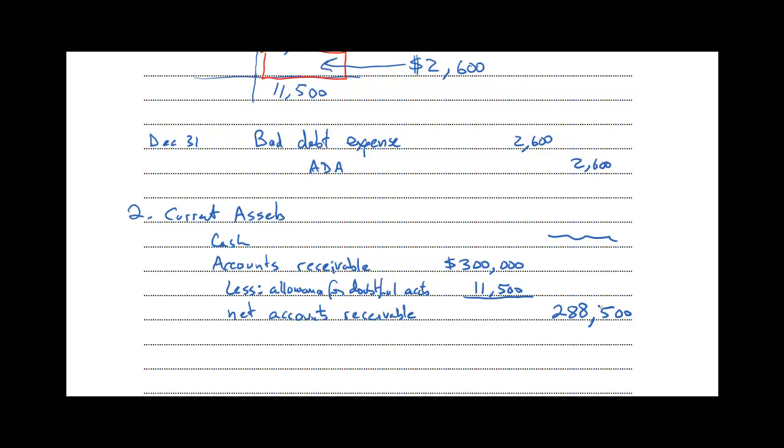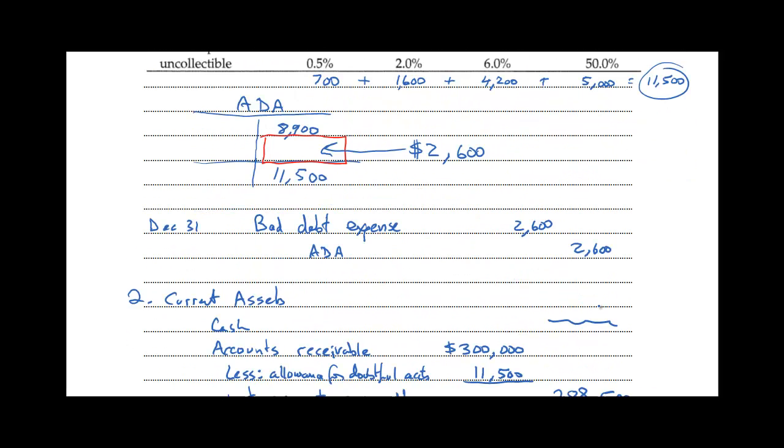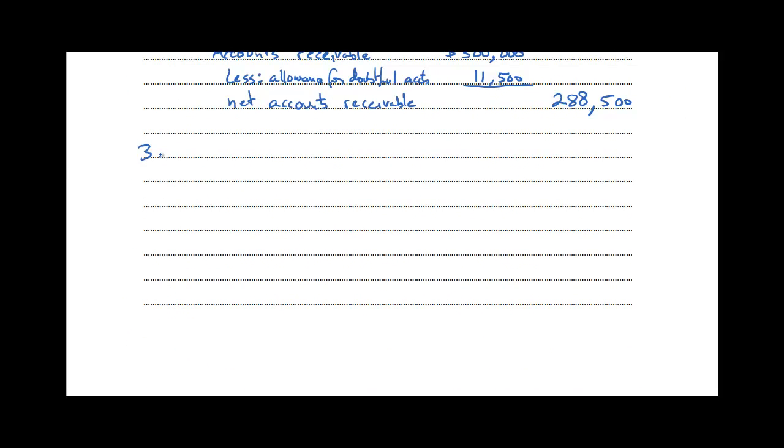Requirement number 3: suppose all the facts of the situation are the same except the allowance for doubtful accounts has a $900 debit balance. Calculate the amount of the adjusting entry. Okay, well, let's go back and do our T account business, I guess. All right, so same as what we did here. So the ADA, and what did it say? $900 debit balance to begin with,